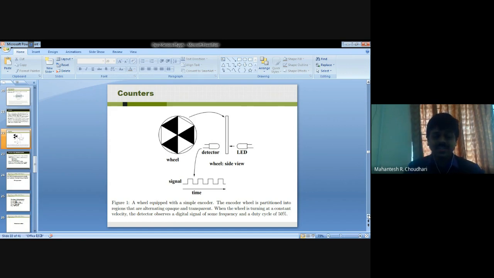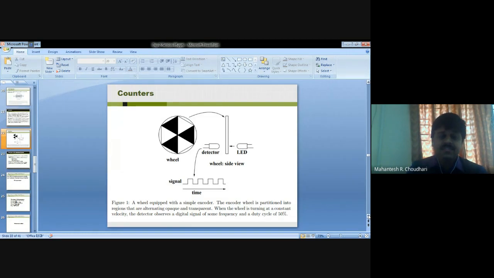So the detector produces a signal with a 50% duty cycle. Furthermore, if the speed of the wheel increases, the frequency of the signal will also increase, but the duty cycle will remain the same, as you are seeing in this diagram.